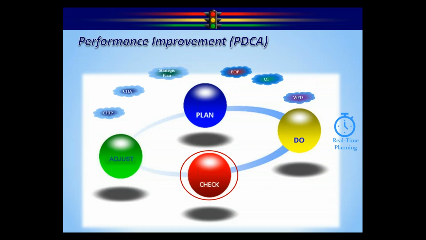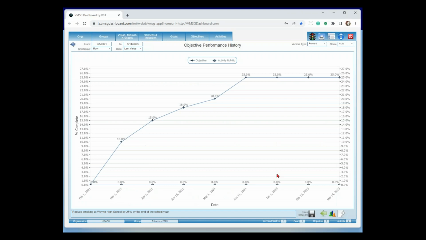If you're collecting all that information in the background, it's that easy to do the check phase. If you're not, you've got to first manually collect the information and then go back in and do the check phase. In the adjust phase, we're going to make any corrections if necessary. As you can see, the plan is working beautifully. We don't need to change the plan. We're going to continue the execution, check it every once in a while, and continue through this cycle.